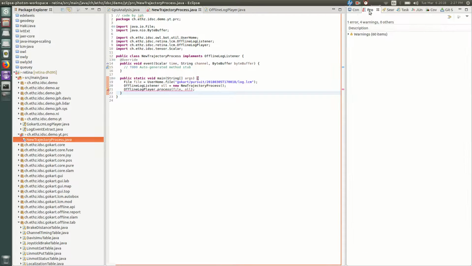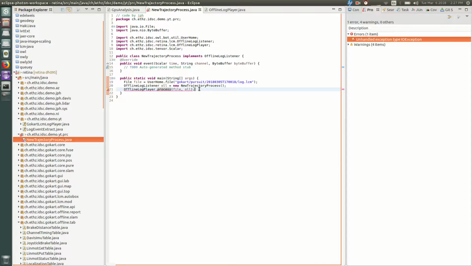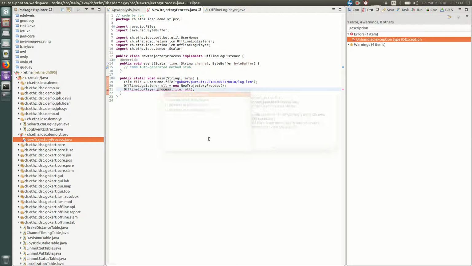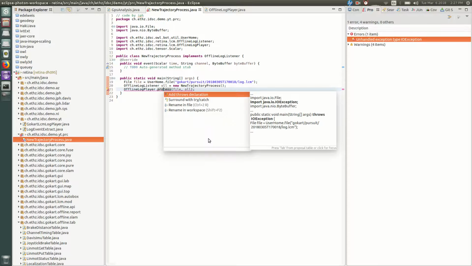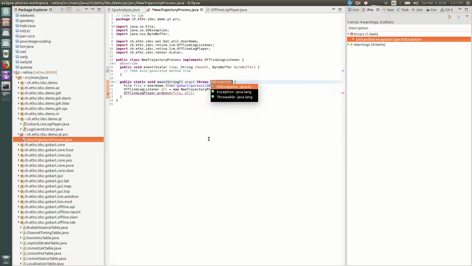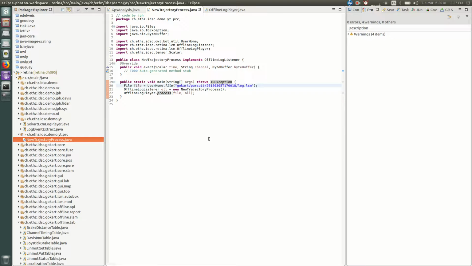So the reason why there is an arrow is that this function call may fail because, for instance, the file may not exist, or yeah, that's actually the only reason. So I'll press Control 1, which gives me several options to deal with this problem. And I'm going to choose the first one, add throws exception, because this delegates the problem to the outside world, so I don't have to deal with the problem here. So if I run this,